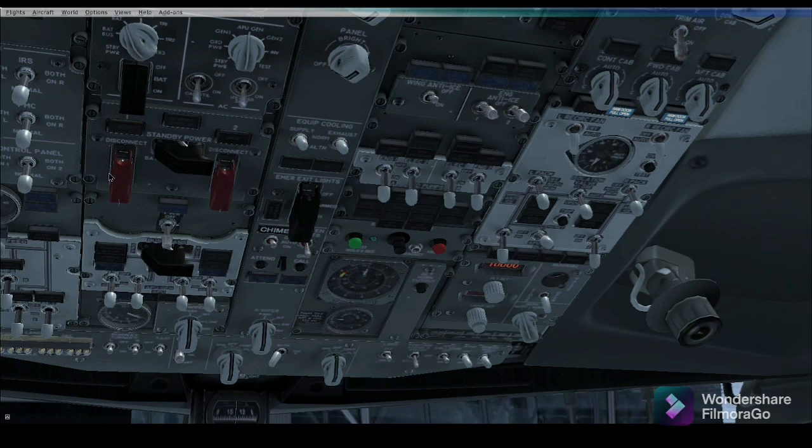The generator 1 and generator 2 switches are for the main electrical generators, which are fed from the engines when they are running. The APU generator 1 and APU generator 2 switches control the auxiliary power unit electrical generators, which are powered by the APU turbine at the rear of the aircraft, the primary source of power prior to engine start.